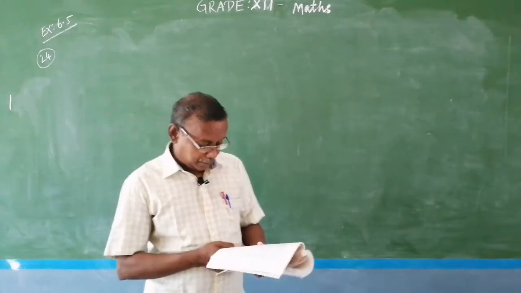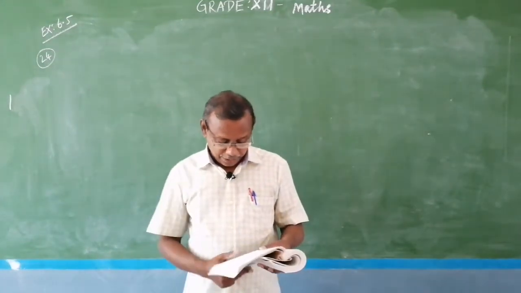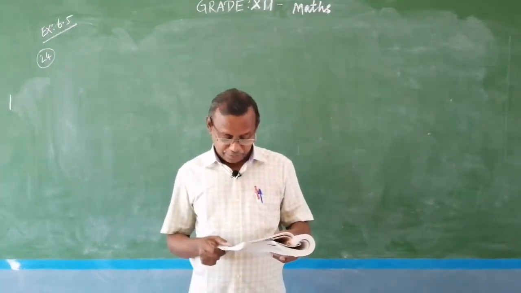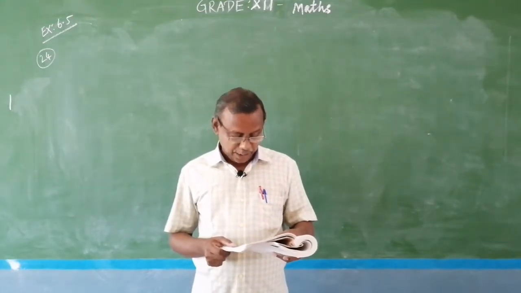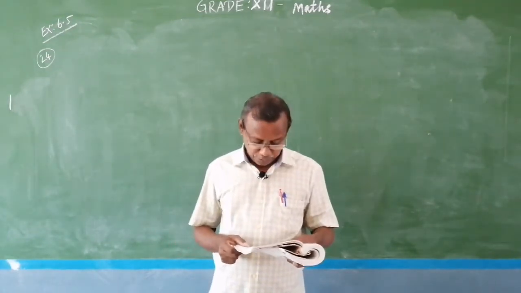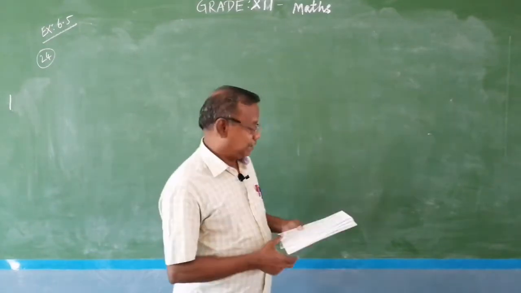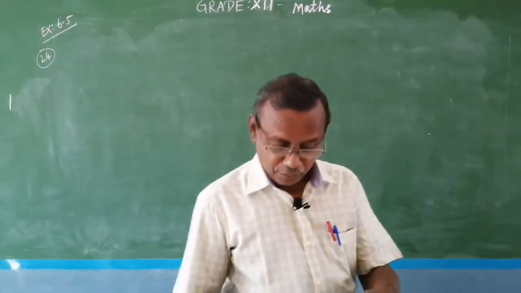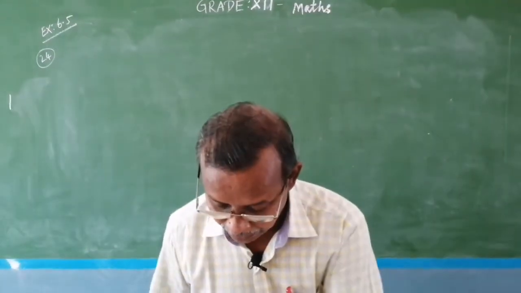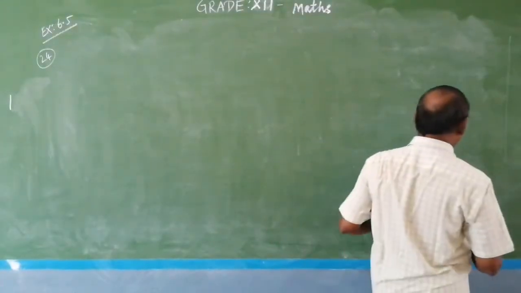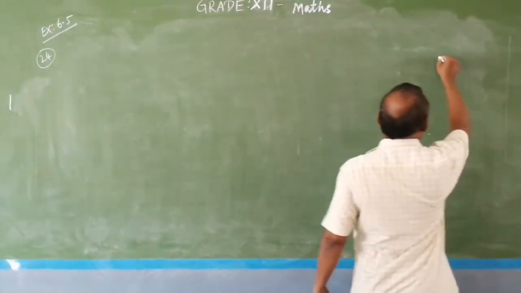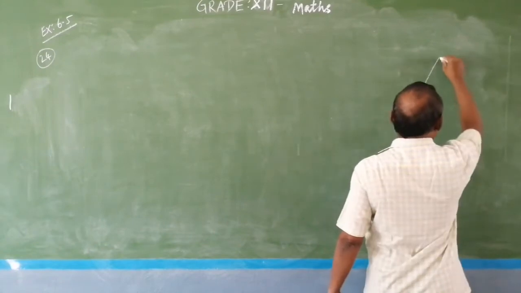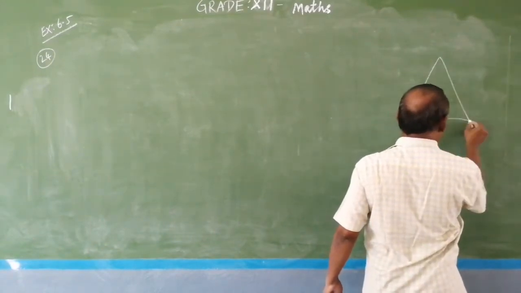The problem number 24 is: show that the right circular cone of least curved surface and a given volume has an altitude equal to root 2 times the radius of the base. Now we are given volume, we have to show that the curved surface area is least when h equals root 2 r. Consider a right circular cone